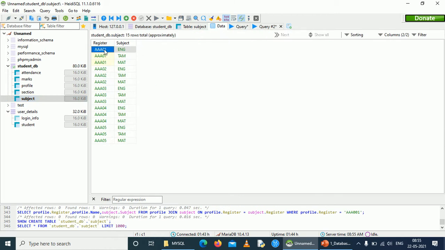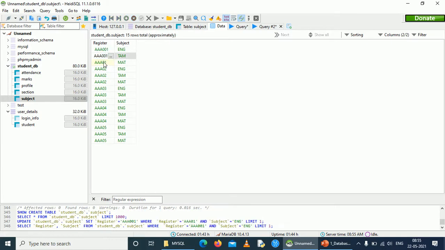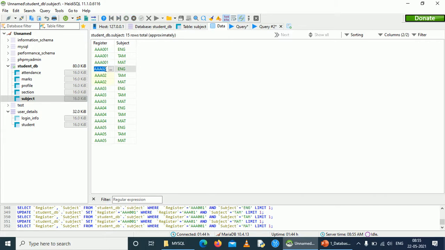Okay, so the data entered here is a mismatched record. I think I missed adding 10 here.